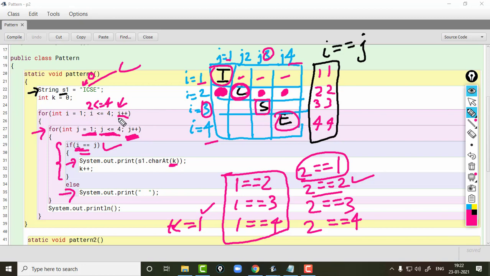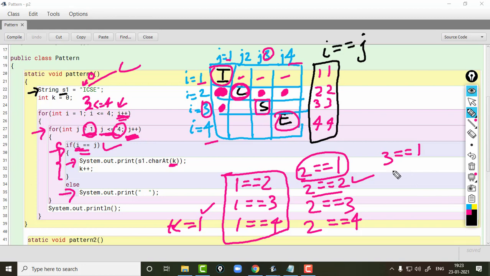Similarly, now again i will become 3, the condition 3 less than or equal to 4 is true, and control comes inside. j will become 1 again, and the loop will run 4 times. This time if i is equal to j, i is 3, so 3 equals 1, the condition is false, so a space gets printed here.